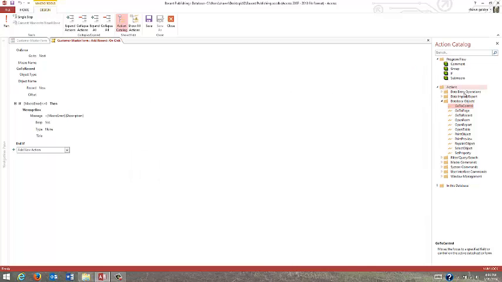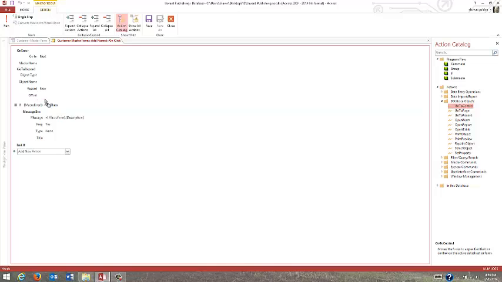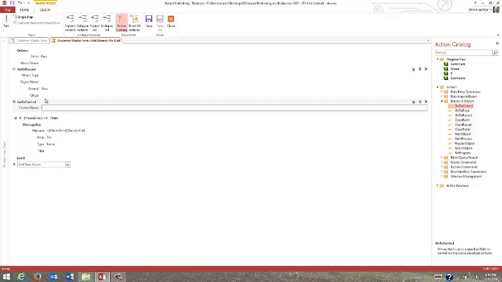But what I need to do is on the right hand side under the Action Catalog, find under Database Objects, go to Control, and drag that into this area right above the if statement. And where you put it is important, so make sure you put it in the correct spot. This should look like figure 7-45